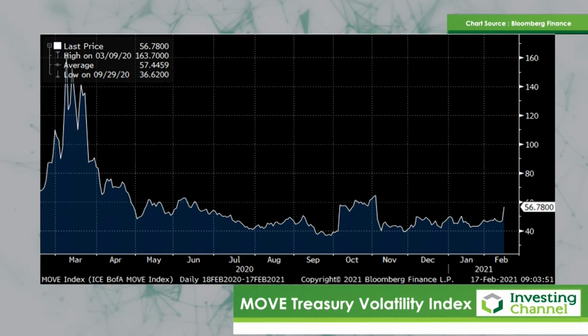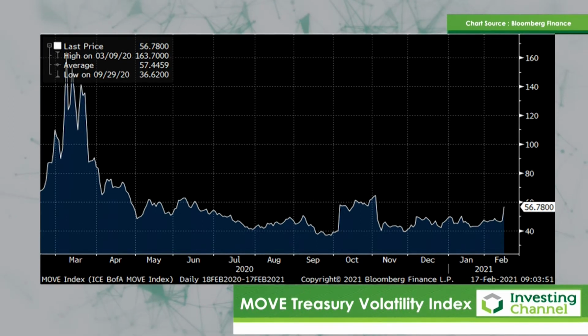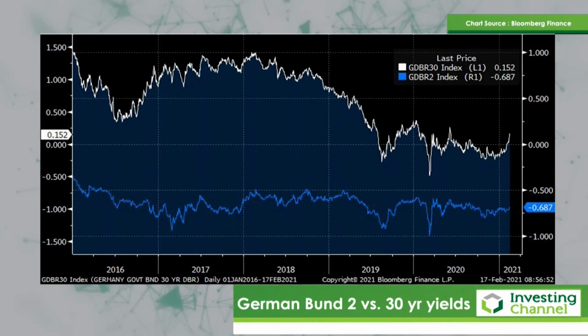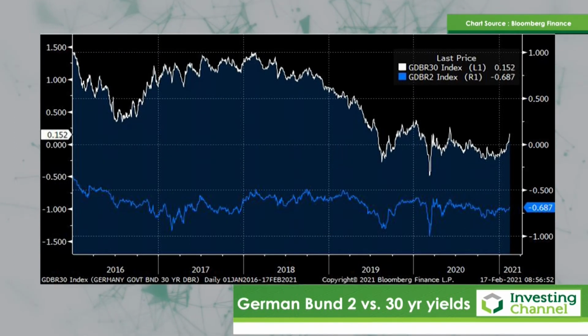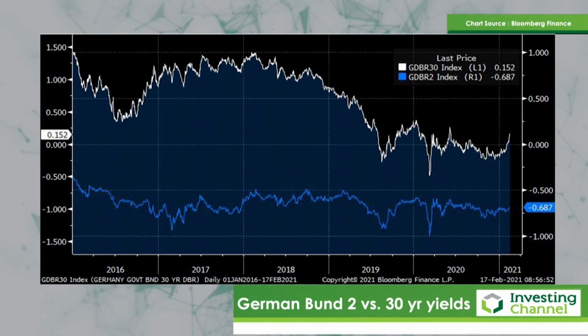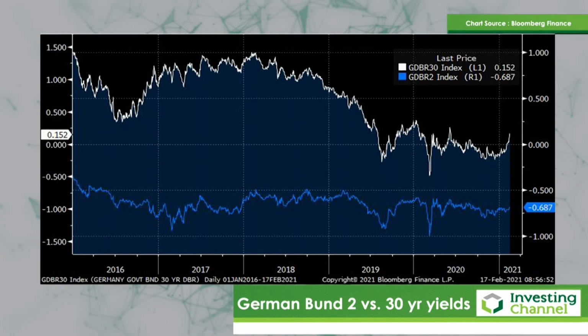So how does this play out elsewhere? Because there are obviously moves in other G7 bond markets which are very much in sympathy. So the first one we'll look at is Germany. German 2-year yields, where basically, and I think this is the important point also about the Treasury chart, in the US, we are actually above pre-COVID-19 levels or pandemic crisis levels in US 30-year yields. In Germany, we're getting very, very close.